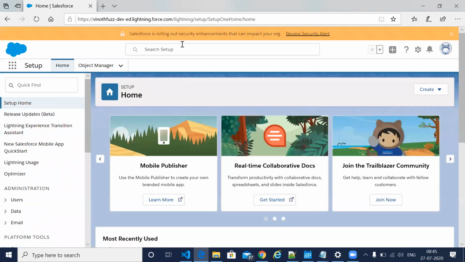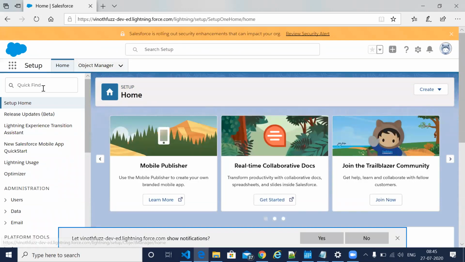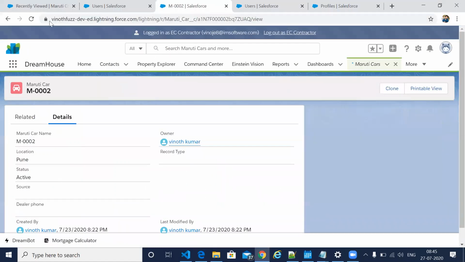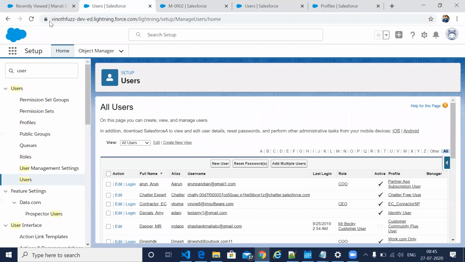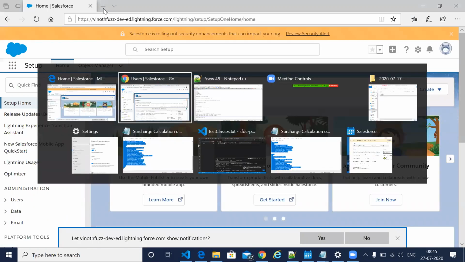Okay, so now logged in as Vinod Kumar, the administrator. I am going to that particular profile, EC contractor.